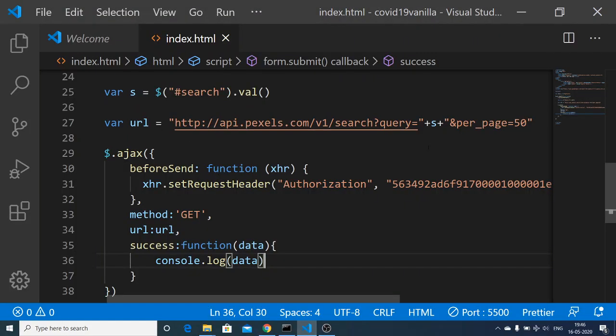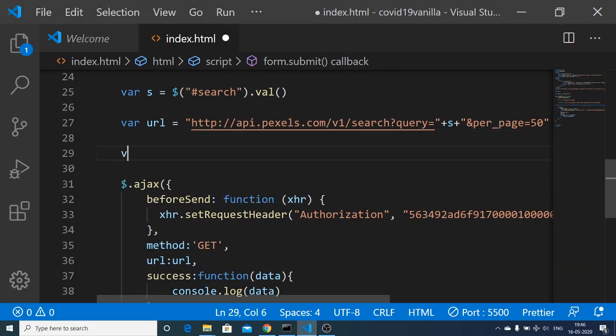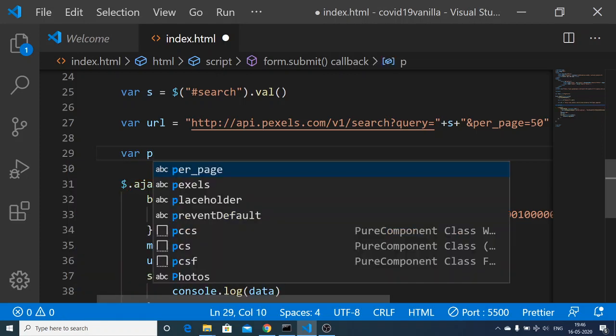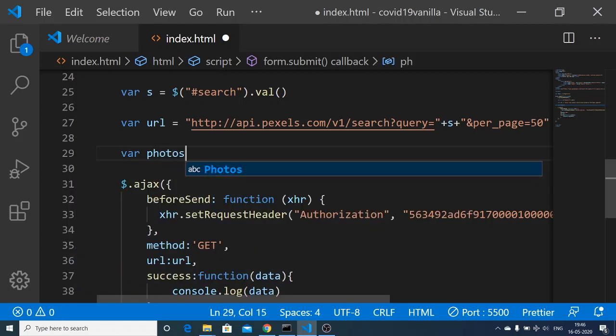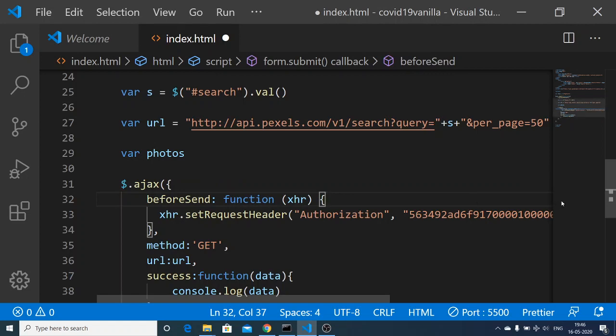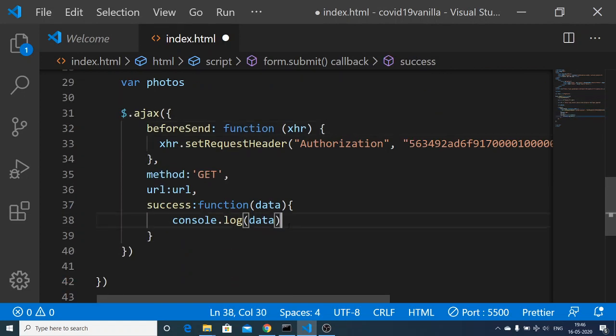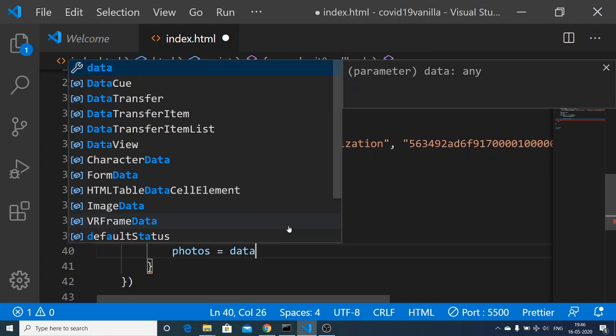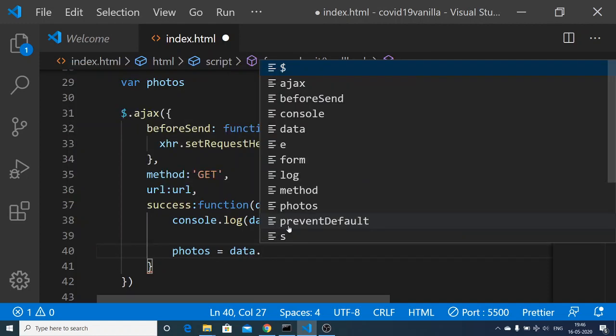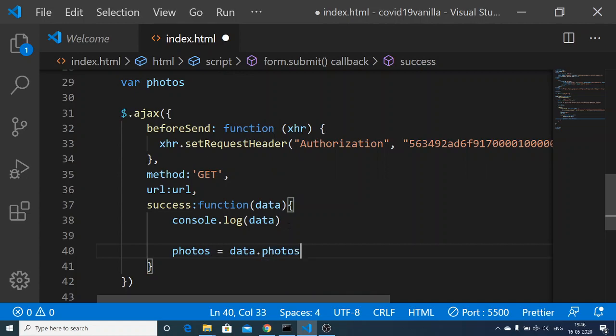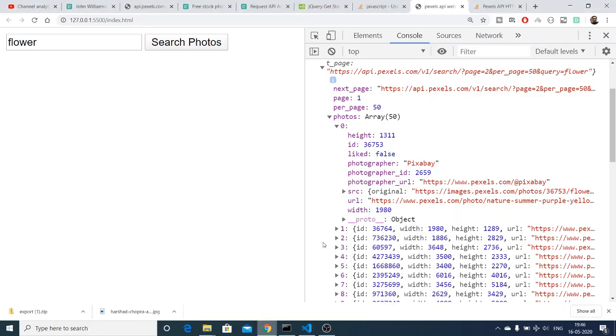We can just initialize a variable here of photos, which will be empty. Inside this we can just use the photos variable, and the array is located inside a property which is photos. So data.photos, you can see that this is the array which is holding all these photographs.